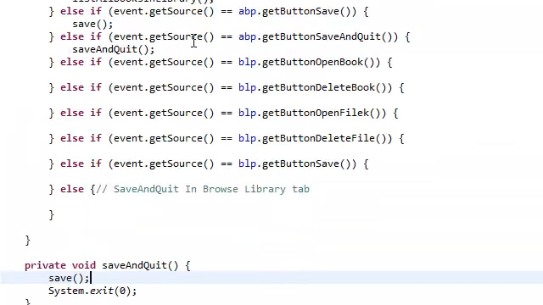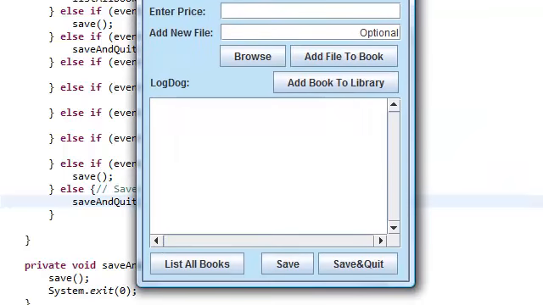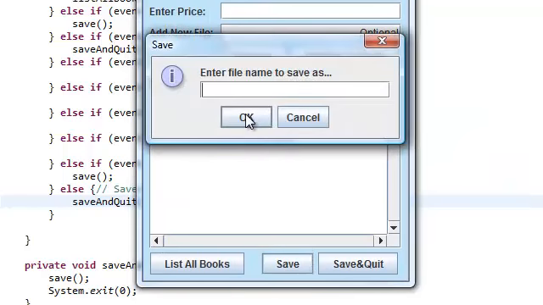And we're actually just going to do the same thing on our other panel, on the browse library panel. The button save is going to be the same thing. We're just going to save and quit in the browse library panel. This is going to be save and quit. And we just implemented 4 buttons. Now let me actually show you everything. So save, enter file and save as, return save as,